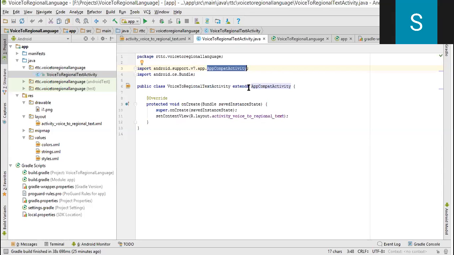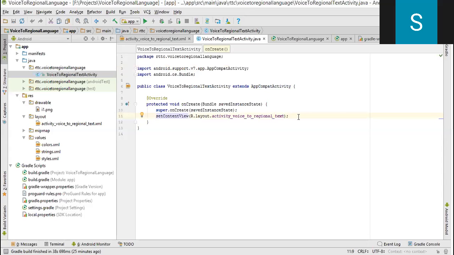All the methods and variables available inside the super class, what is the super class here? AppCompatActivity. All those methods available in AppCompatActivity are directly available to the subclass. What is the subclass here? VoiceToRegionalTextActivity. So that's why you are getting these methods here, setContentView.